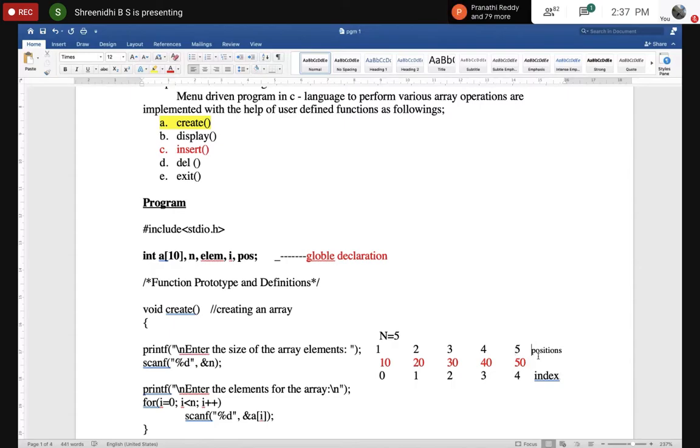So the index will be position minus 1. In the 5, it will be added. Delete means if I give a particular number, if I say delete in position 3, 3 minus 1 is 2. Here this will be deleted. And this entire thing will be moved to here. This 3 and 4 will be moved here and my n will be n minus 1, 4. And then exit.